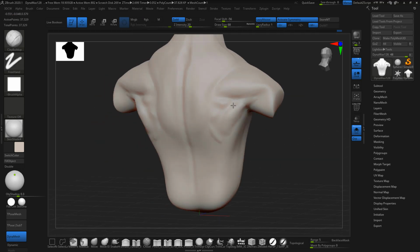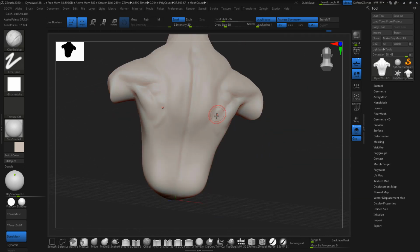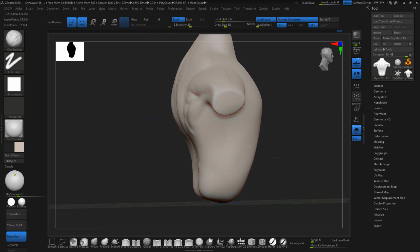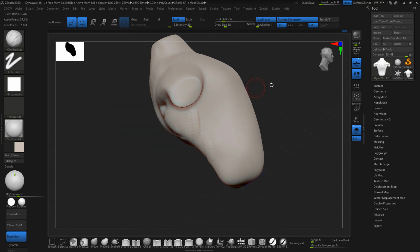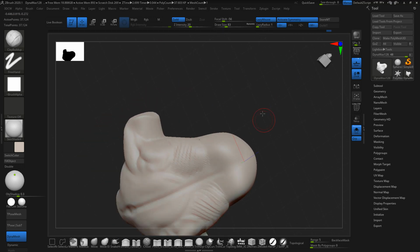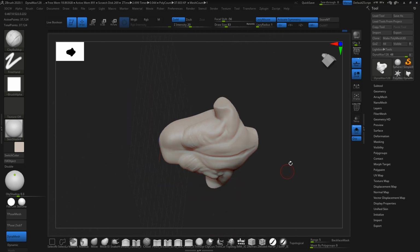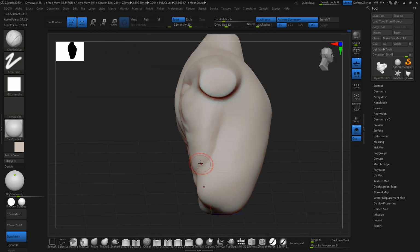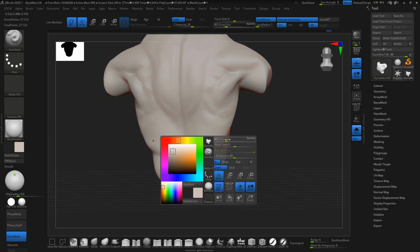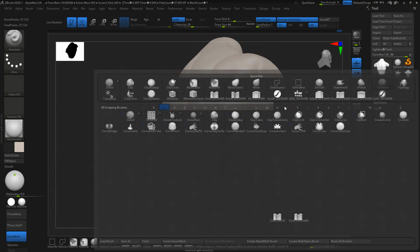And you don't have to know all the names, to be honest. You just have to represent whatever you're seeing. But you have to know how the muscles go, where they are connected. For example, the triceps go inside the deltoids. The dorsals, which are the back muscles, go underneath the trapezius, that long muscle here. So I'm making the dorsals there,